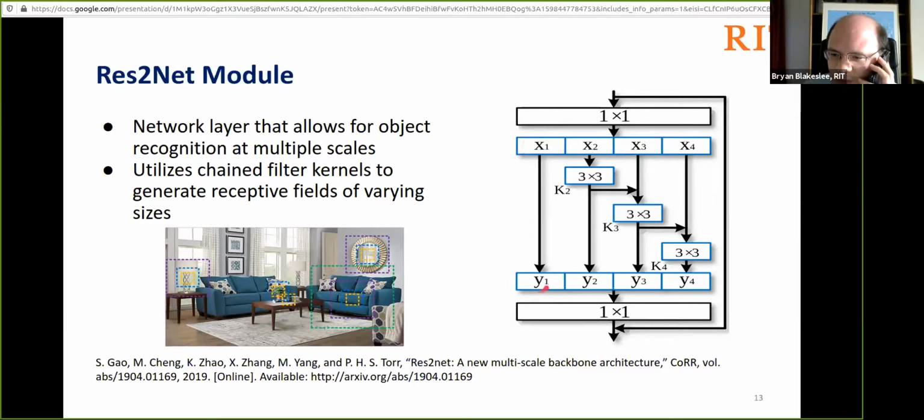At the X1, Y1 mapping here, you will have a scale of 1, a receptive field size of 1. However, when you move to the Y2, X2 mapping, you have a receptive field size of 3. Now, at this fork, you end up merging the receptive field size of 3 with the prior activation map.